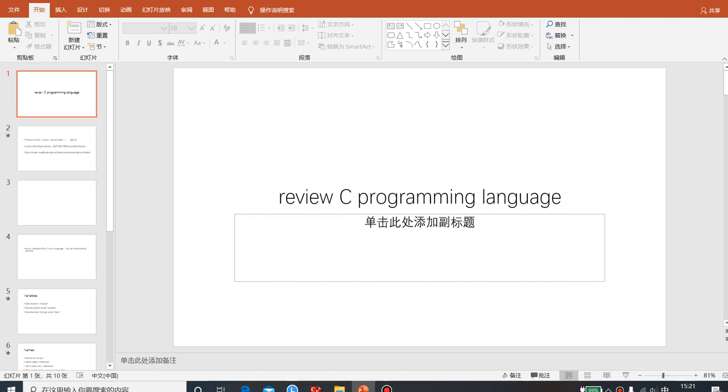Okay. Hello, everyone. In this class, I will spend some time and do a quick review about the C programming language. Basically, what we will need in our experiments. Because some students only learn the C programming language,